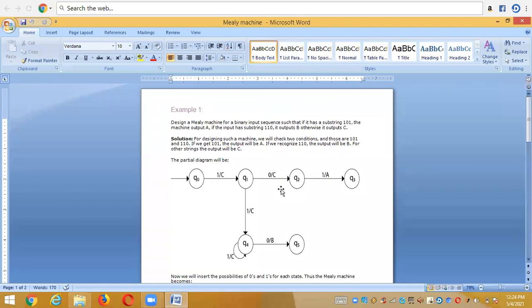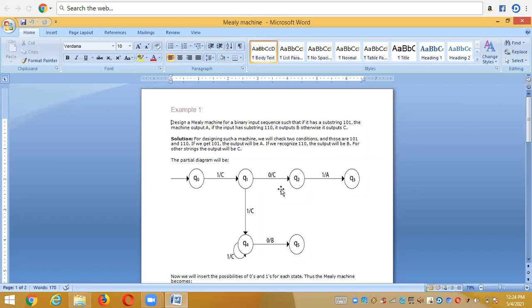And for that question, what is the solution? First of all, we need to check the conditions. The conditions are 101 and 110. Only for these two we have conditions; for any other we do not have any condition.